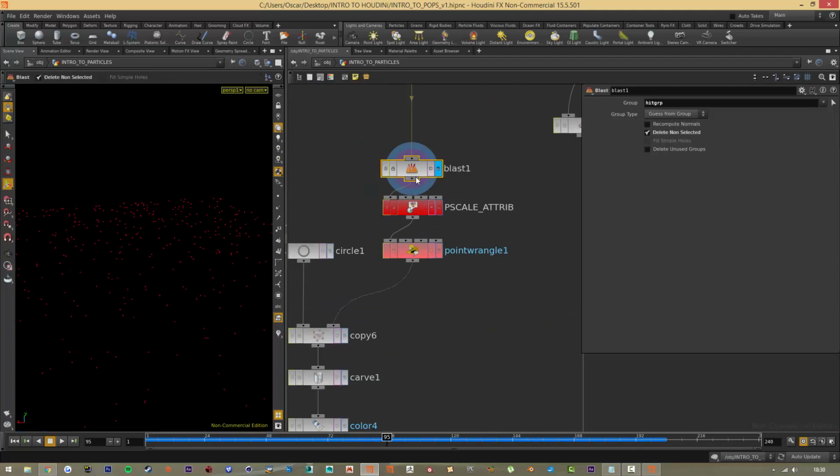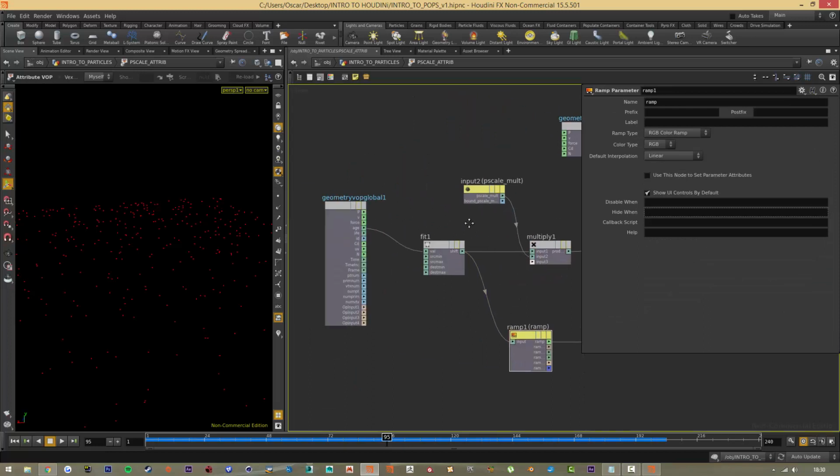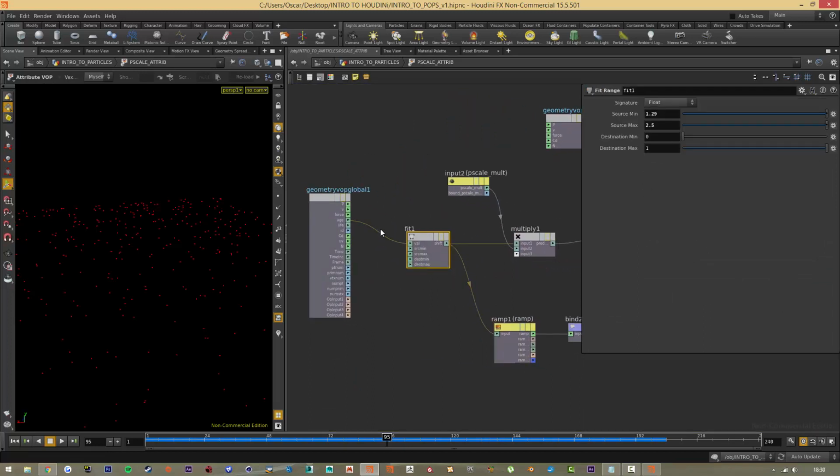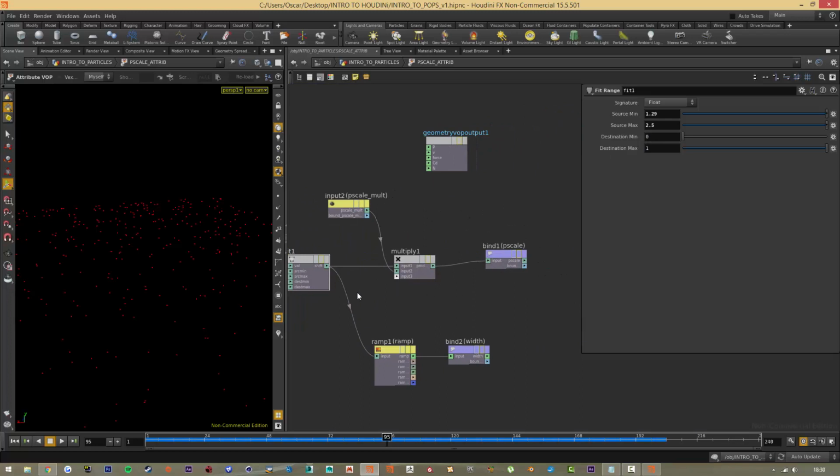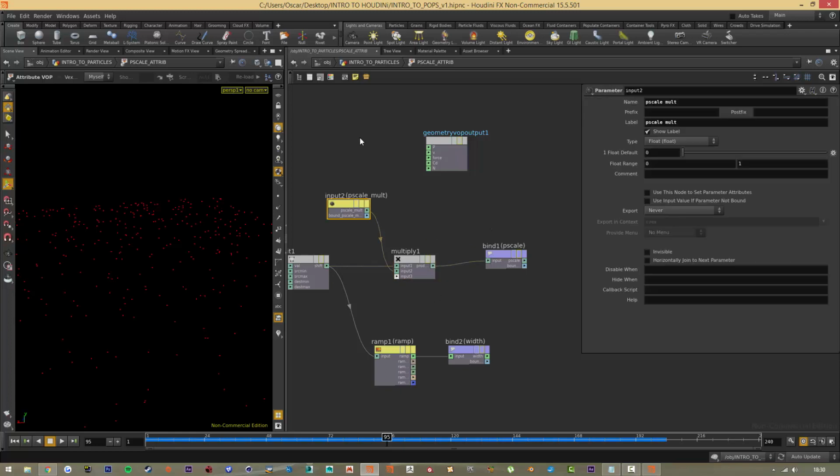So first of all, we want to grab only the points that are in the hit group. So we're gonna delete everything that is not in the group. We then want to create a p-scale that kind of expands over time. So we have the age here, we pipe it to a fit. So we do destination min 0 and destination max 1. This means that as the time goes from the source min age to the source max age, the p-scale will grow from 0 up until 1. And also we have a multiplier, we have p-scale mult if we want to multiply it even more, but